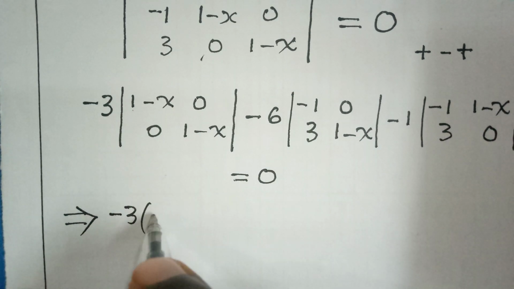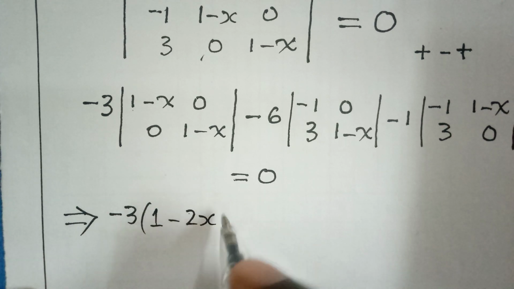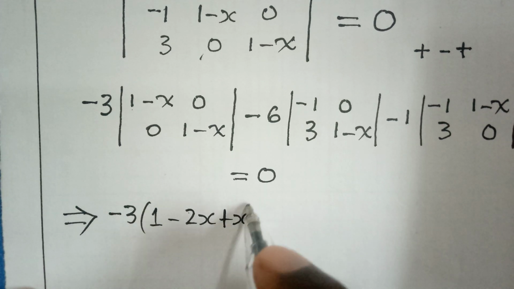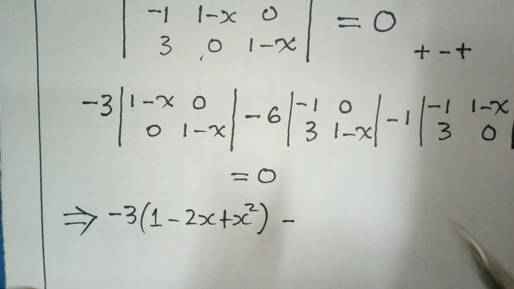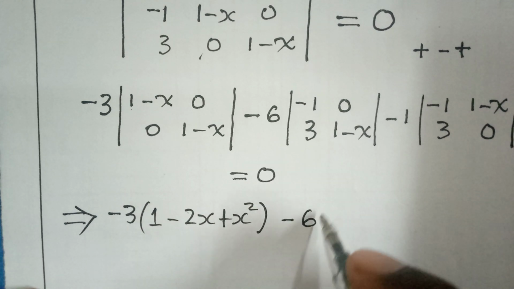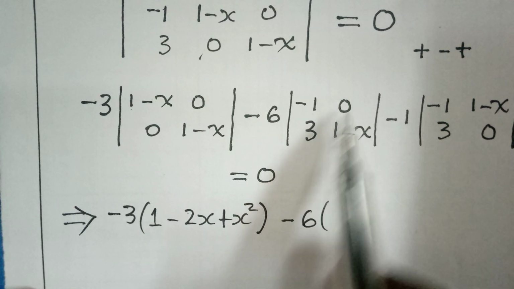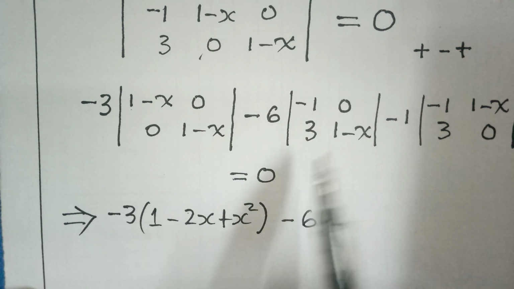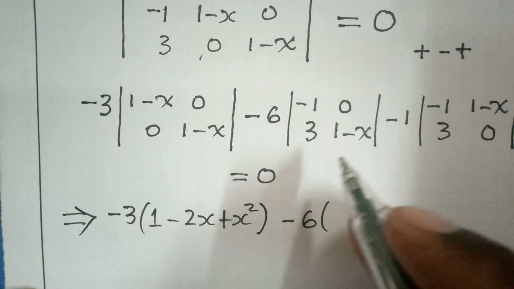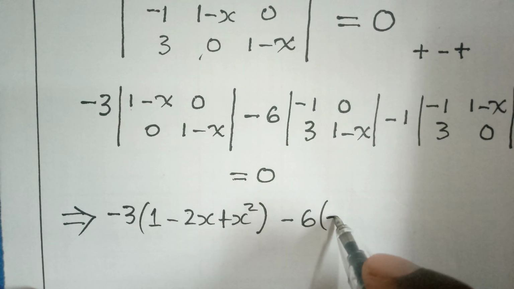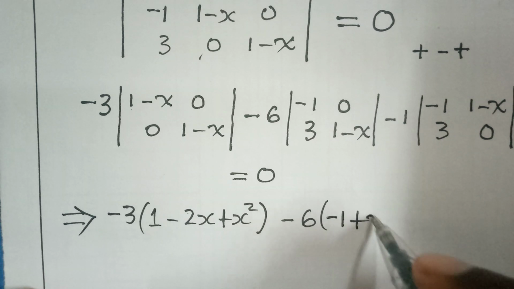So here we get 1 minus 2x plus x squared, then minus 6. We do the same here, multiply the major diagonal minus the minor. The minor has 0, and so we are just left with the major, which now we will have -1 plus x